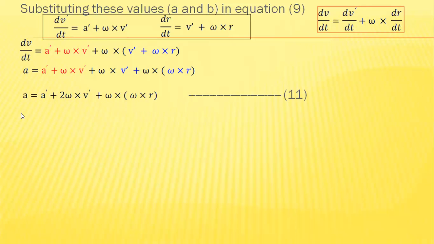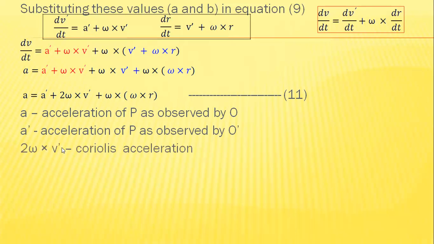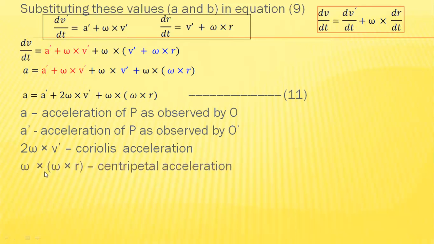Now after simplification, I get equation number 11. That equation 11 is a equals a dash plus 2 omega cross v dash plus omega cross omega cross r. Here a is the acceleration of particle P as observed by the observer O, and a dash is the acceleration of the particle as observed by the observer O dash. Now this term is important: 2 omega cross v dash is the Coriolis acceleration. That is omega cross omega cross r is called centripetal